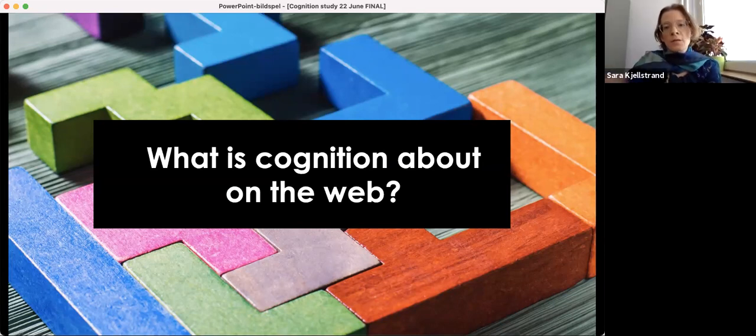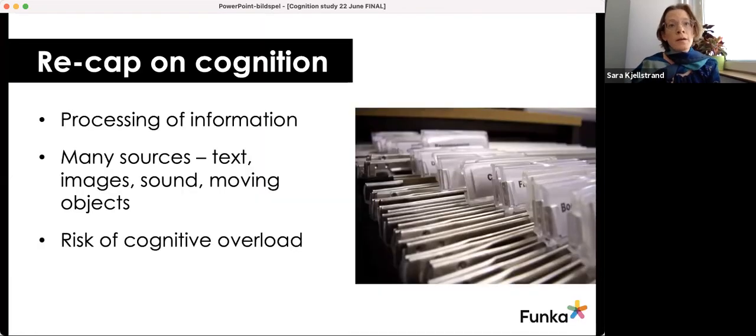So just before we start, I thought it could be good to have an introduction on what we talk about when we talk about cognition on the web. Generally we use a definition of cognition that comes from psychology, where cognition is about the processing of information. At all times, whatever we are doing, the brain is constantly receiving signals from the environment and then trying to process that information and understand what it is about